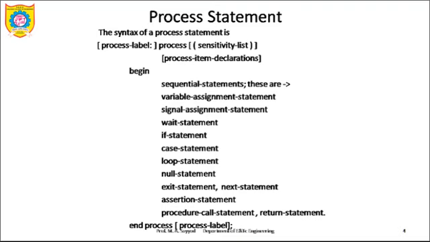Means whenever you write a signal assignment statement inside a process, it will be executed sequentially, but if you write the same signal assignment statement outside a process, it will be executed concurrently. This is a very important thing, and you should remember that a signal assignment statement can be written inside a process and also outside a process. But if you take the example of wait statement, if statement, or case statement, these statements are purely sequential and cannot be written outside a process.